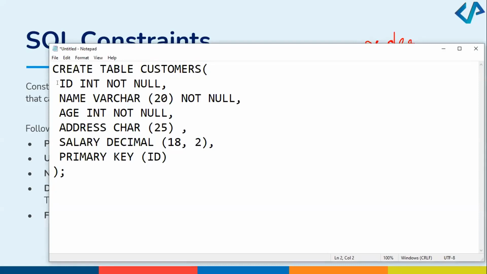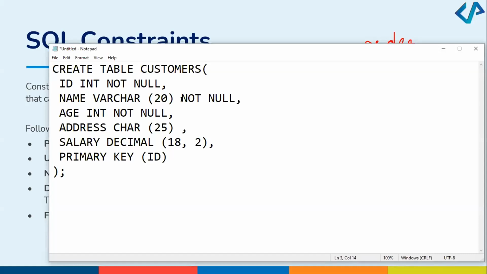And you've given here ID, which is the column name. Name, which is a column name. Age, address, salary. These are all column names. All these column names have got data types. One data type is int. Int means it will only be integer, whole numbers. Varchar means variable character type. Now that means we have given 20 here. It can change. We discussed yesterday char and varchar. Varchar is variable.